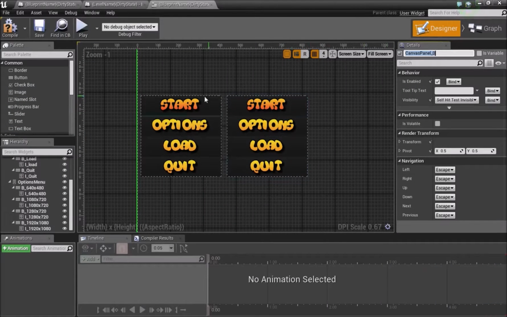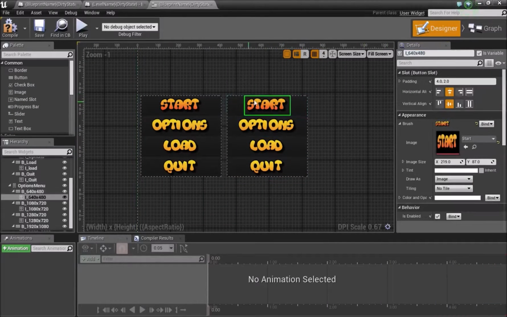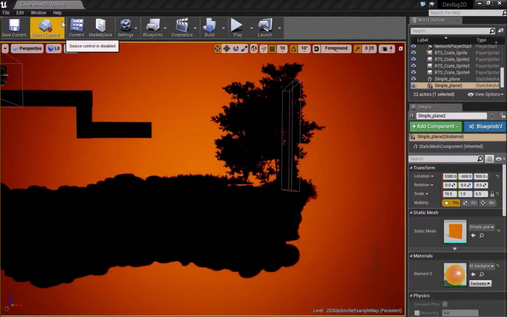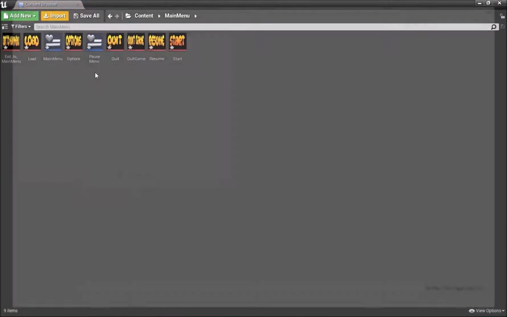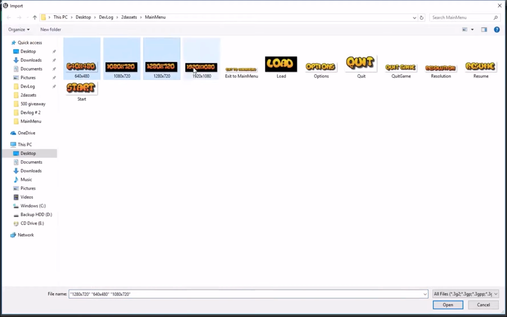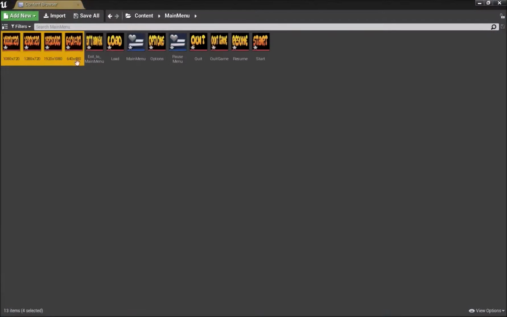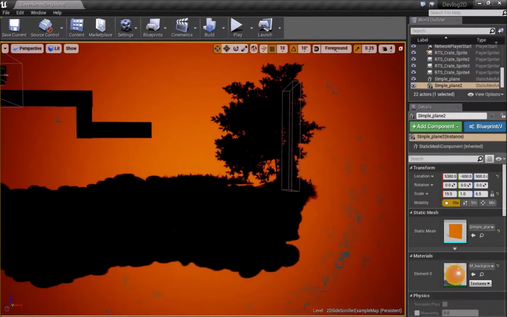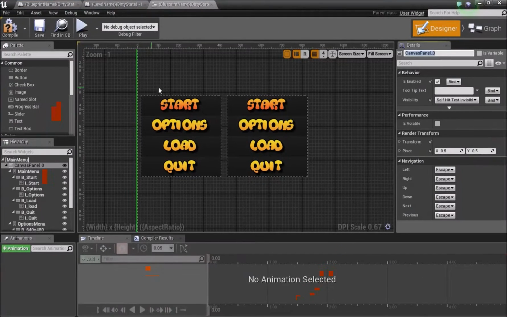Okay, so once I have all of these images, I'll go to my content browser and import these resolution values. Just select them, control click or shift click, from first to last. And now I have them in here. So now I can go back to my widget blueprint,